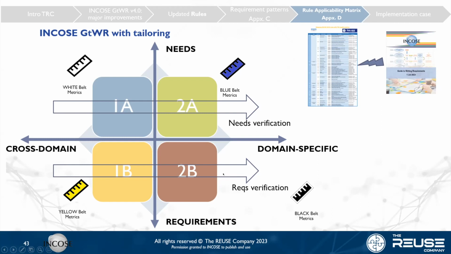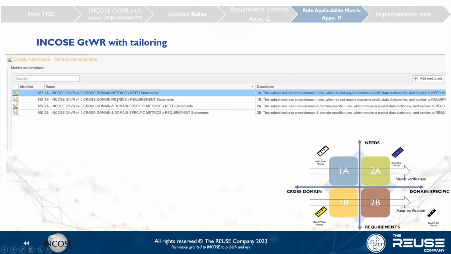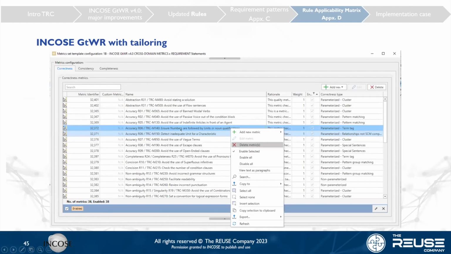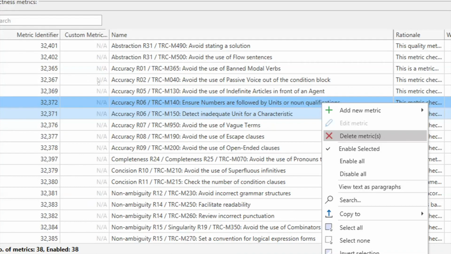So this is a framework that we provide. This doesn't mean that you only need two sets of rules. You could have just one, you could have three. The main message here is that this is customizable. So in that case, the framework is you get these 4 sets of quality metrics, these templates that can be reused in different projects. And if you check the content here, you can see that, okay, you have the rule